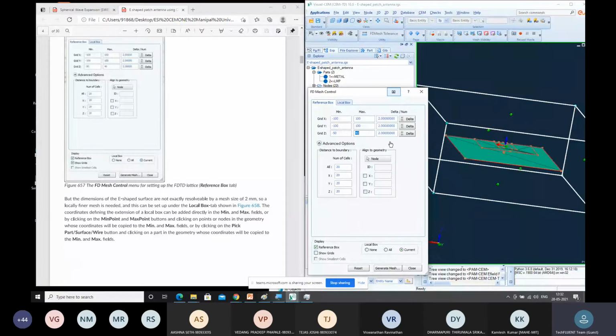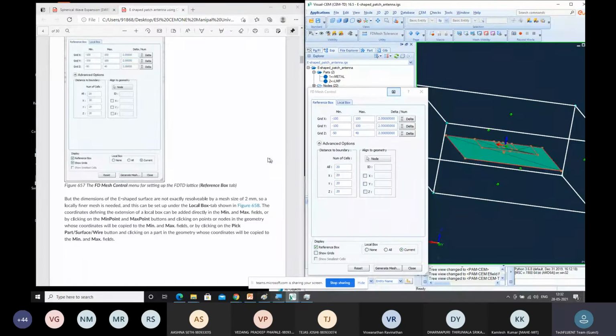It also adjusts your grid. If the grid is not sufficient for putting all the 20 cells in all the directions, then it adjusts your reference box length also. So automatically once I set my 20 cells, it sets up my grid box. I just want to create 20 cells for my complete structure, approximately like this: 1 cell, 2 cell, 3 cell, 4 cell, 5 cell. In that particular format, we'll be getting the cells. So this is the first step.